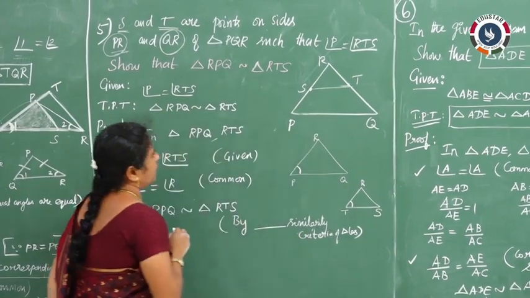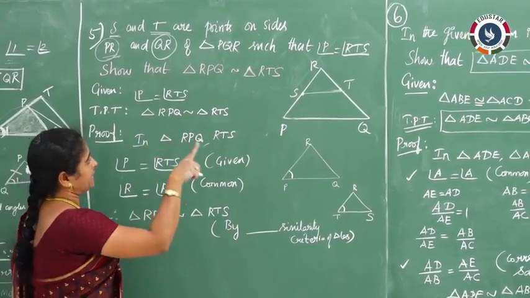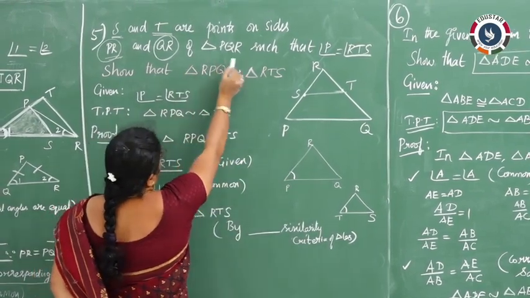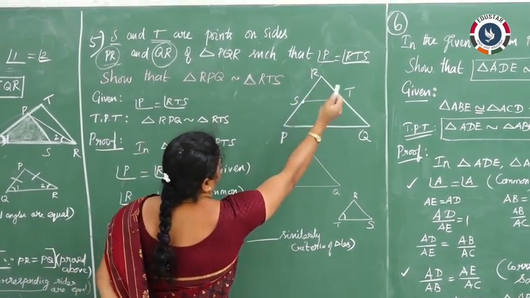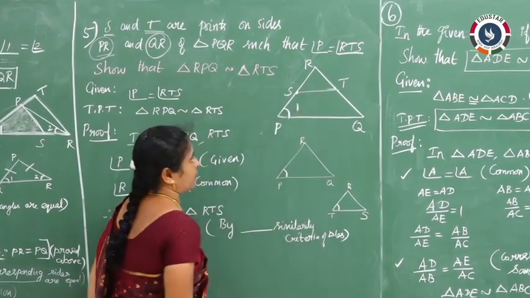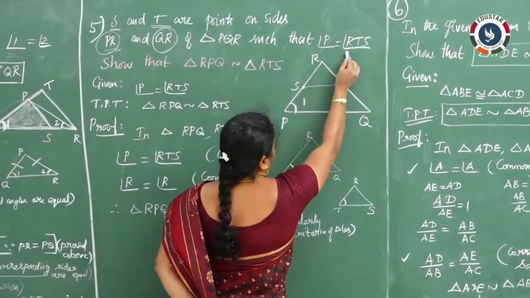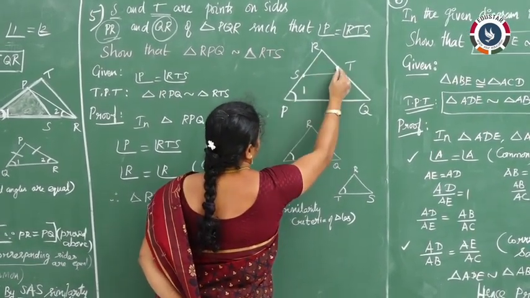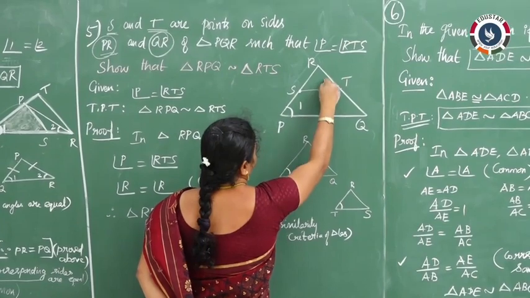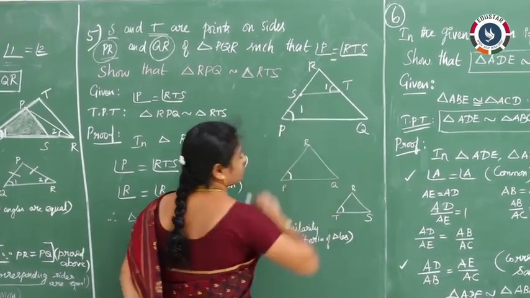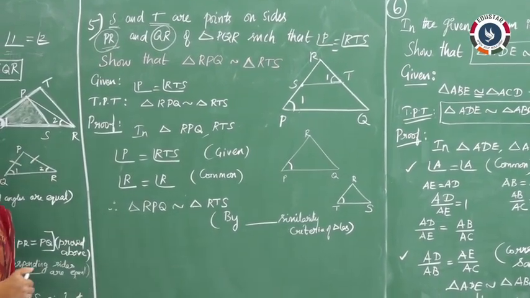Okay. And now what is the triangle I got? RTS. I have got a triangle RTS. And such that angle P is equal to angle RTS. What is the angle P? Exactly this. Let me mark it as 1, which is equal to angle RTS. Where we have angle RTS, let me mark this as angle 1. As they have given, they are equal. Can you understand up to this?